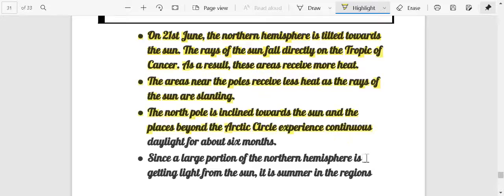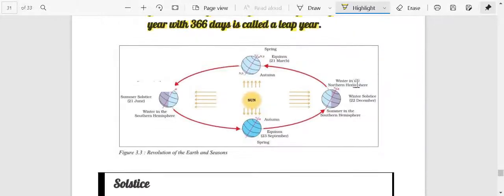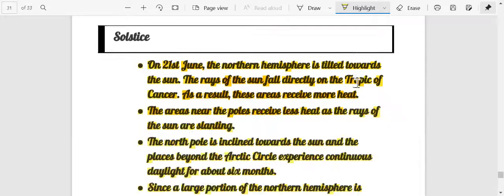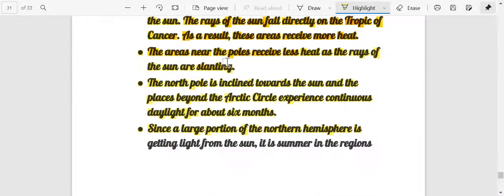On our channel. So now we're talking about the hemispheres, and we are talking about the equinox, and we are talking about the solstice. So first we'll talk about the solstice. On 21st June, the northern hemisphere is tilted towards the sun. The rays of the sun directly fall on the Tropic of Cancer. As a result, these areas receive more heat,